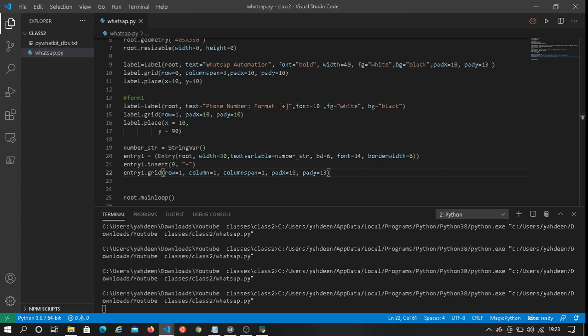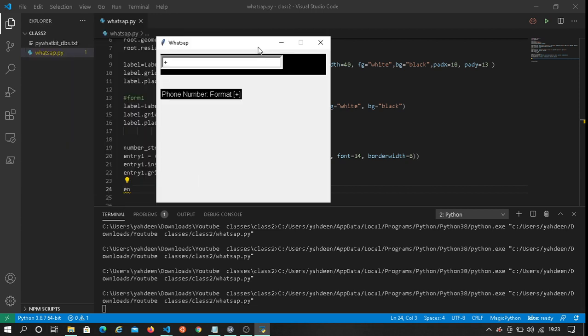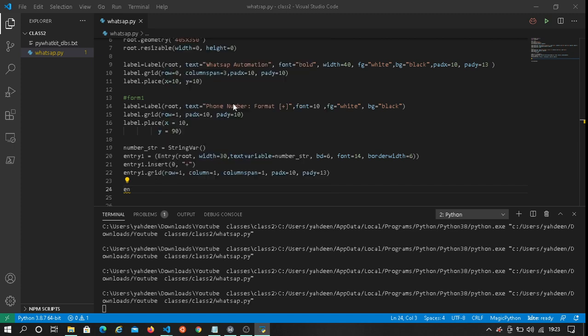So that's it for that. Now let's place it where we want it. As you can see here, it looks funny where it's placed, so we must place it at least below this phone number label. So let's write the code for that.